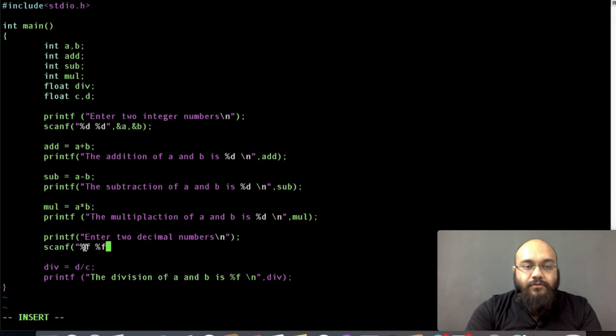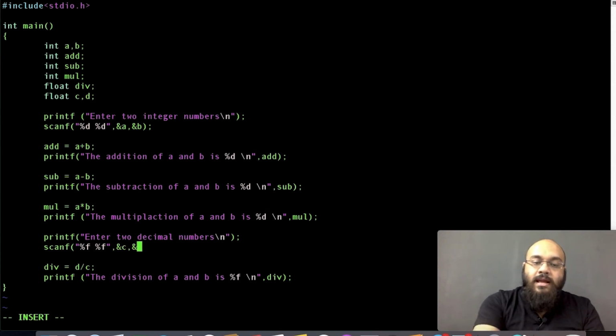This %f for first number, this %f for second number. Why %f? Because it's a decimal number, float number. c and d, comma, ampersand c, comma, ampersand d, brackets close.